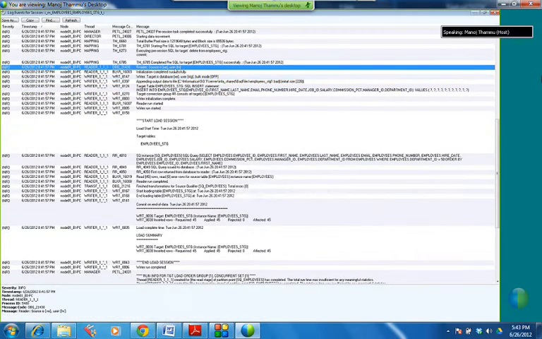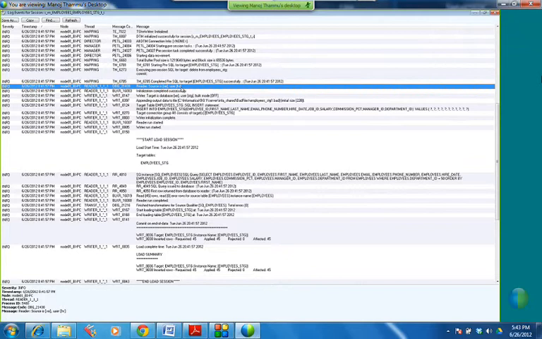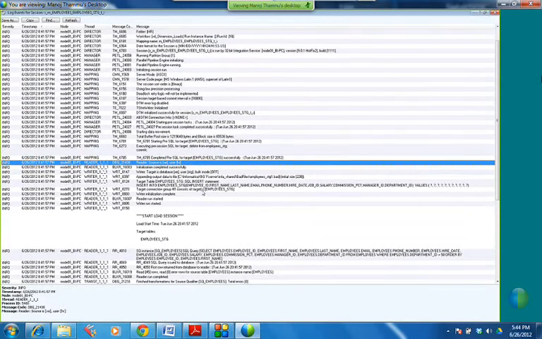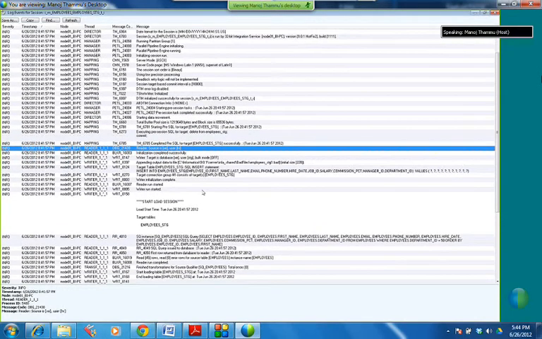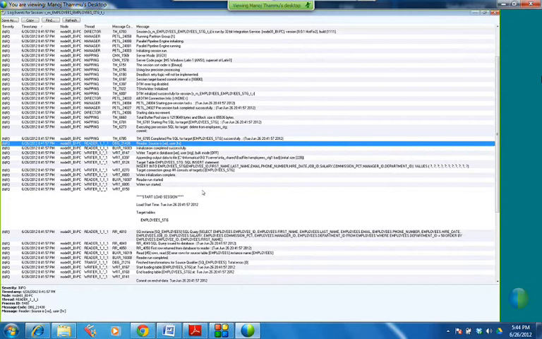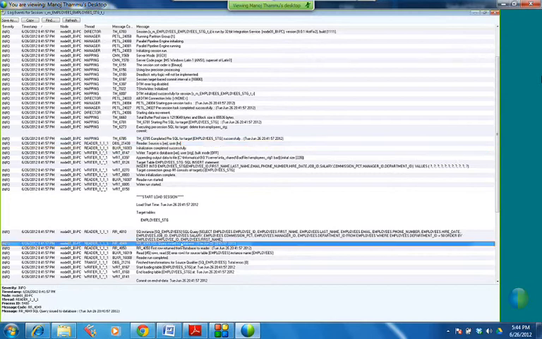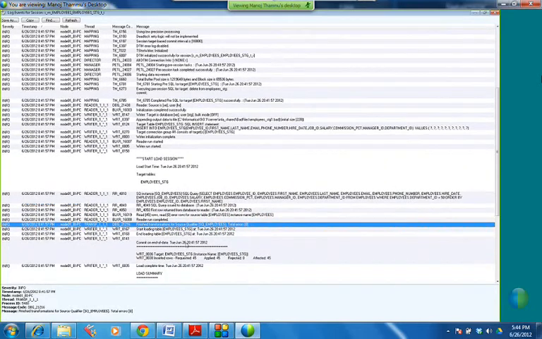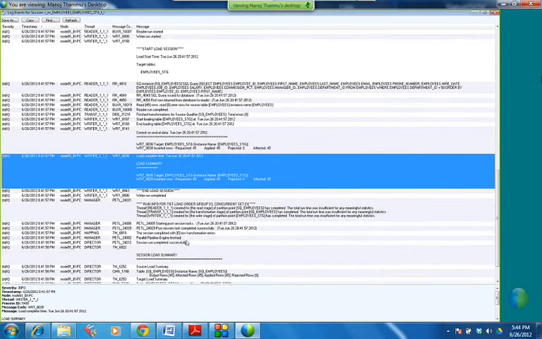See, source is XE HR, source is user HR, and target user. It should mention somewhere.